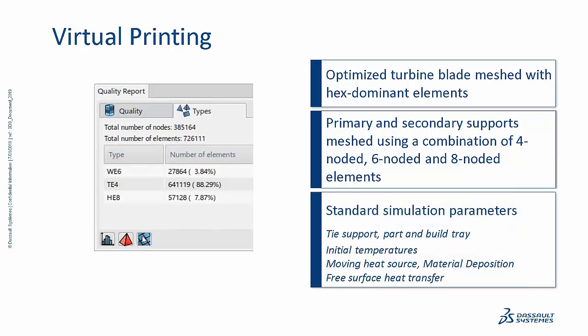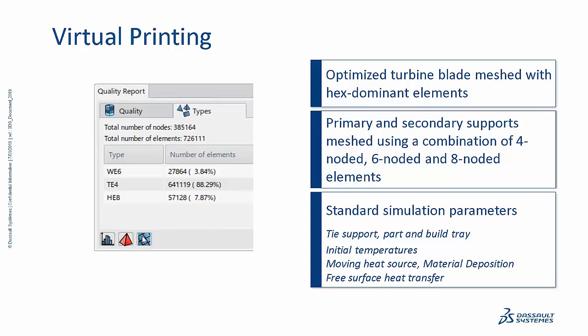simulation. Standard simulation parameters were used, meaning we had to ensure that the loads were properly transmitted from the build tray all the way to the top of the turbine blade. In this case, loads mean temperatures, because we are doing a thermal mechanical process simulation. We are reusing the information that we previously created in the powder bed fabrication application. We're taking that scan path information and integrating it with our simulation here, such that we compute the thermal profile